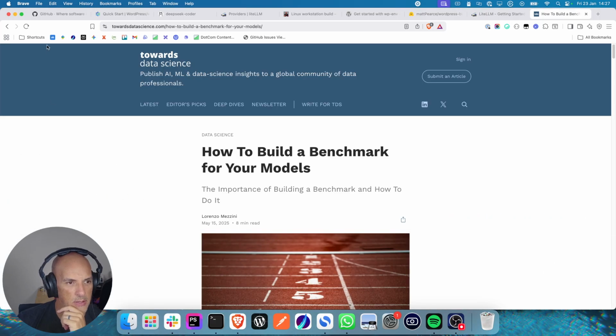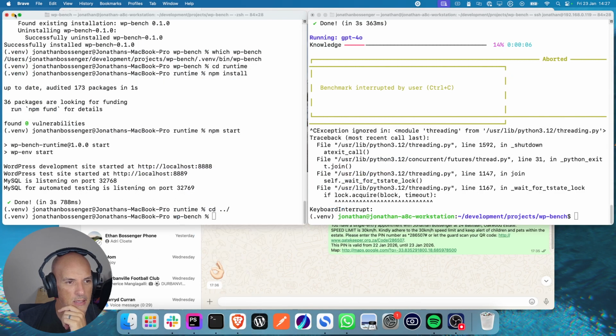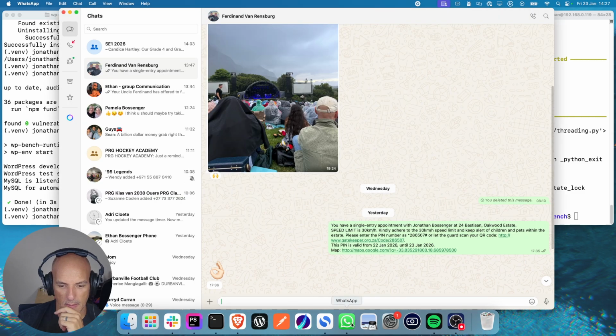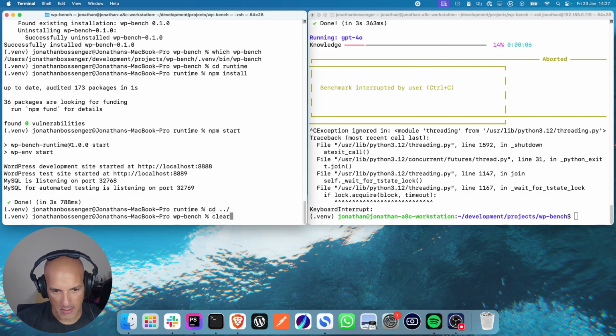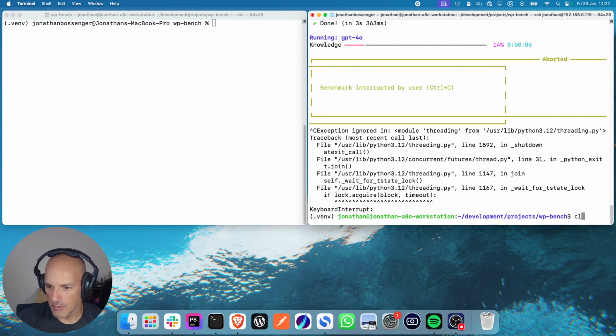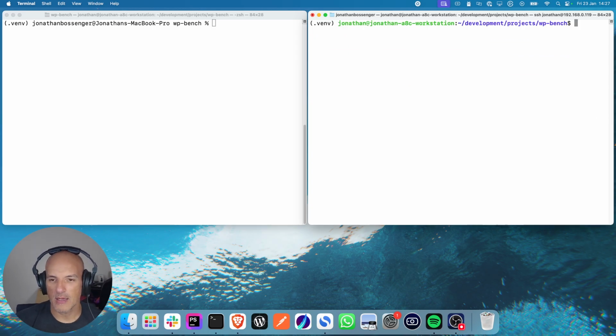Right. So on the left screen, we have my local MacBook. On the right screen, we have my workstation. We're going to run the same command